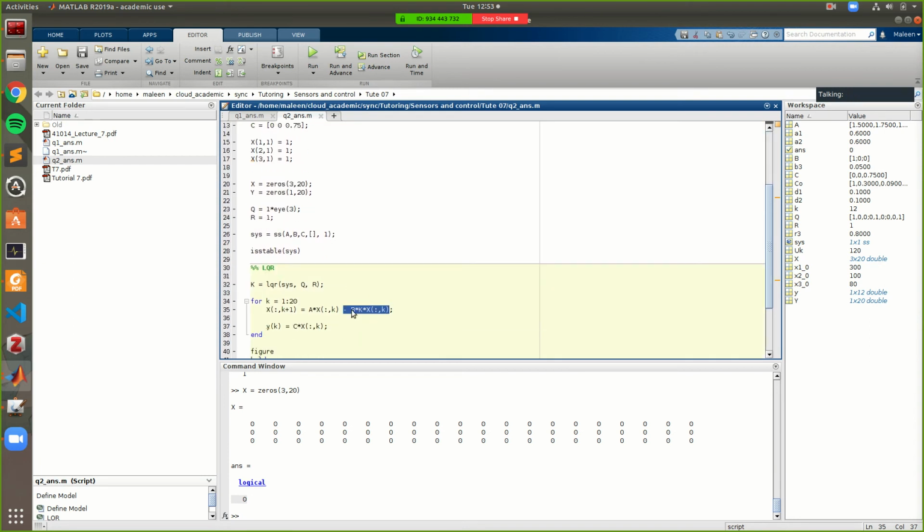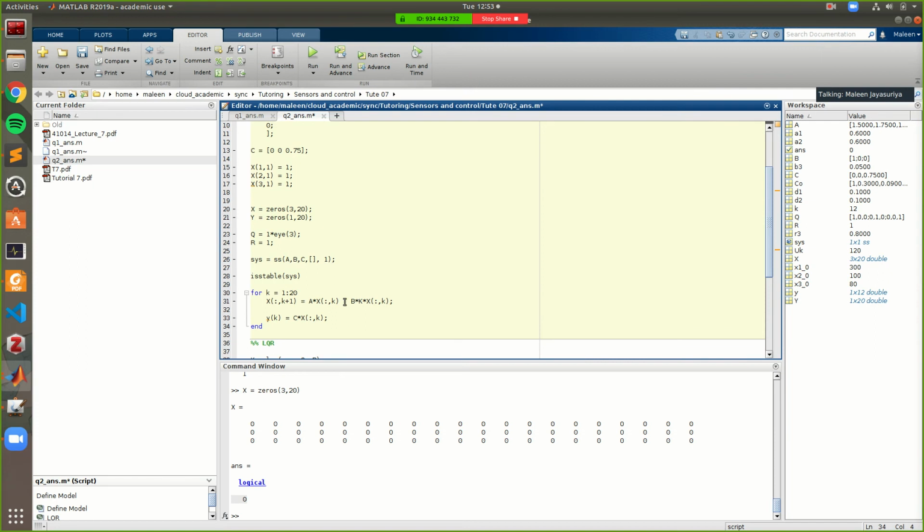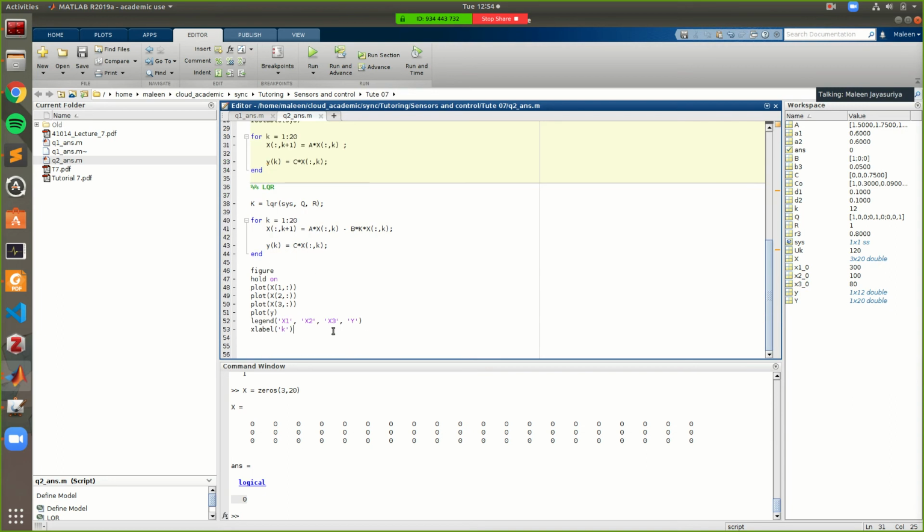If I plot this out here, you can actually see it not being stable as well. So if I run this and plot these values, hold on, I'll comment this out.